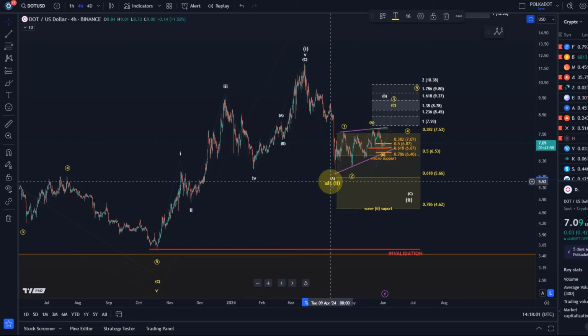I really take that very seriously because I've seen so many coins in the past rally from ugly downside structures when the minimum requirements for the correction were fulfilled, but it just didn't look great, okay? So obviously we're all learning and adapting, right? But I want to make sure that everybody's very much understanding that really what counts is that the bulls turn up somewhere in this support region and that we get a rally that would take the price initially above the